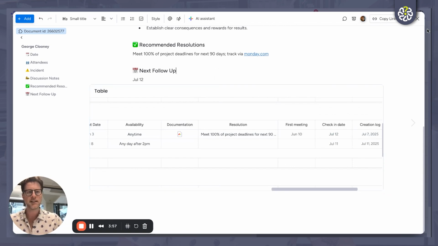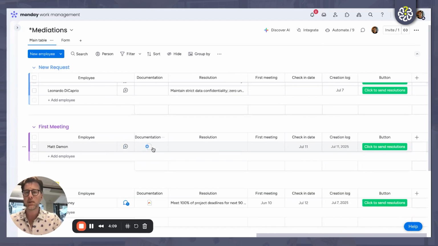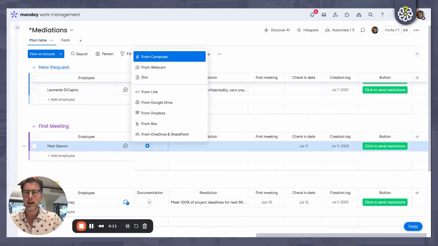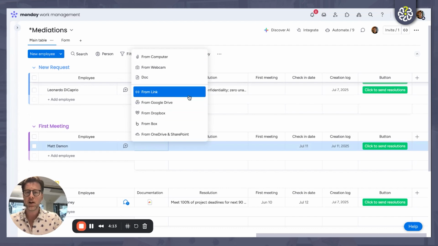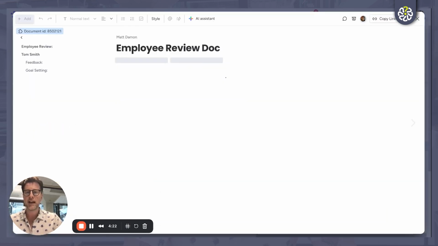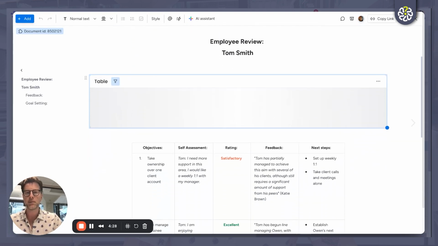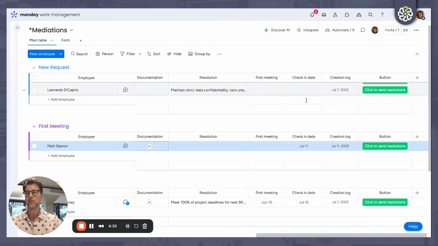Updates there. Now let's X out of this document, which stays right here on the line, and look right there. It's updated right there. Everything works together. If I ever have to go back and reference this, I can just bring up a new document. So let's go to Matt for our first one. I can go here, and then you can see all the different places that you can open up the documentation from. In this case, I'm going to do a new doc, and it already has my template right here, employee review doc. So I'm immediately ready. I can start bringing in all the information that I need to type in for him in that report.